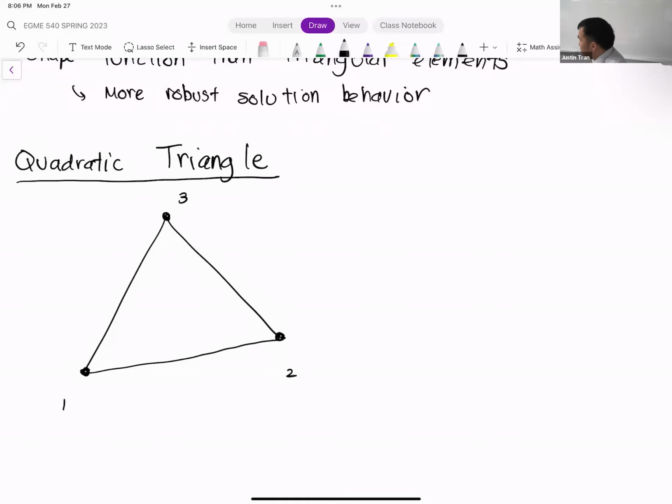And we want to get a quadratic polynomial. Right now we can't, because we saw that with 3 nodes, the best we can do is a linear function. Right? And so the question is, how do we modify this triangle to give us more nodes? The answer to that is to just literally add more nodes to the element. And so what I'm doing here is I'm adding a node in the middle of each of the segments. We'll call this 4, 5, 6. And so these nodes here are called mid nodes, because they're literally placed in the middle between each of the original nodes.